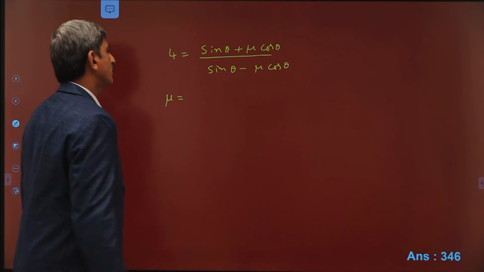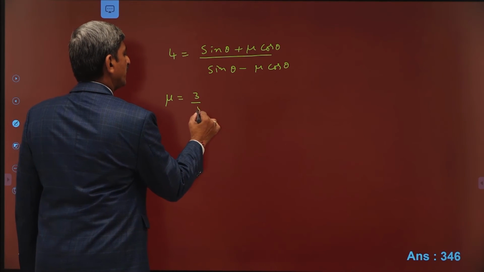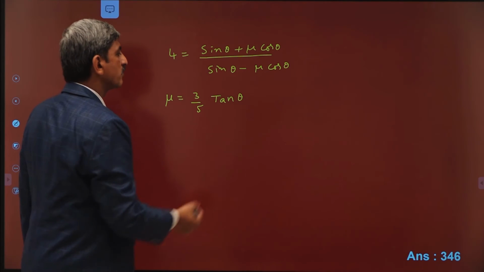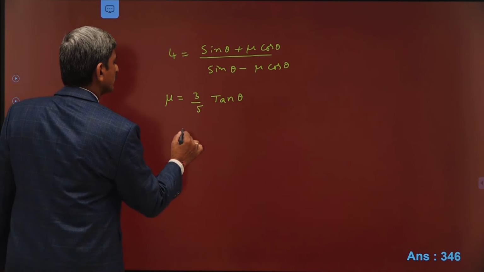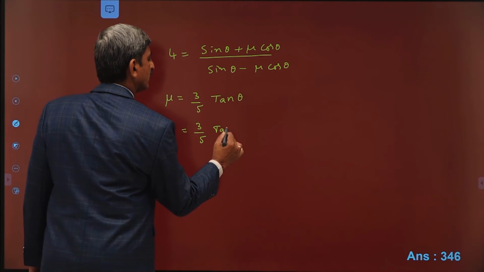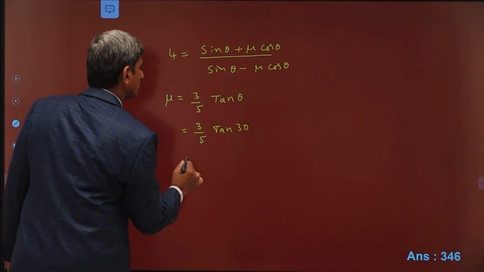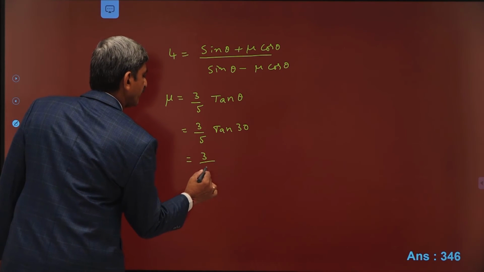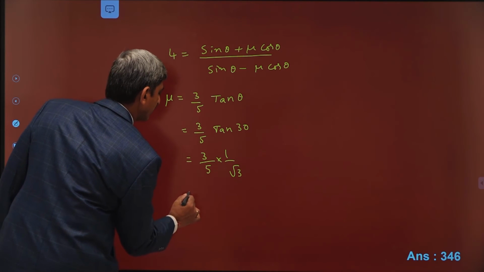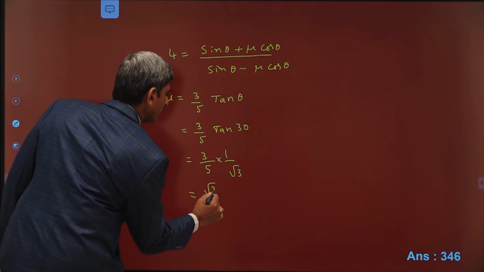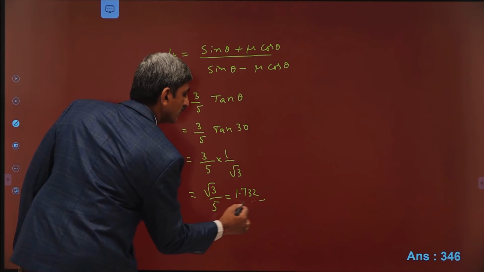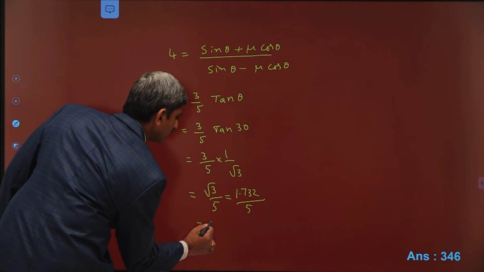That mu value is equal to 3 by 5 tan theta. In the problem, the theta value is given as 30 degrees. So 3 by 5 tan 30. We know that tan 30 is equal to 1 by root 3. 3 by 5 into 1 by root 3 is equal to root 3 by 5. We know that root 3 is equal to 1.732, divided by 5, that is equal to